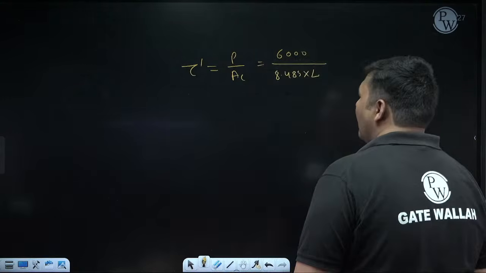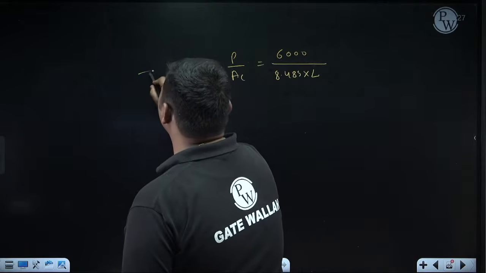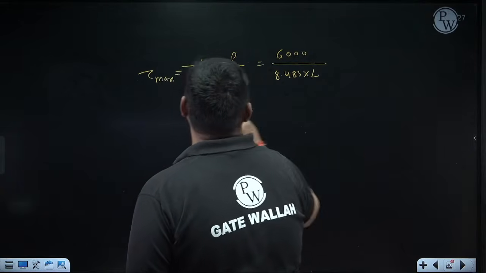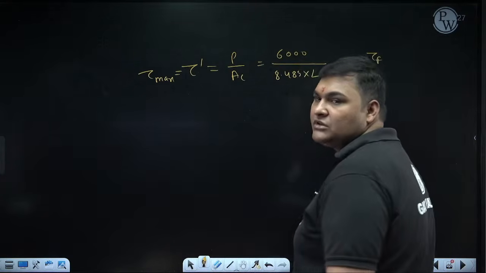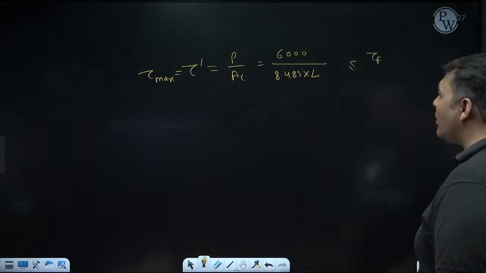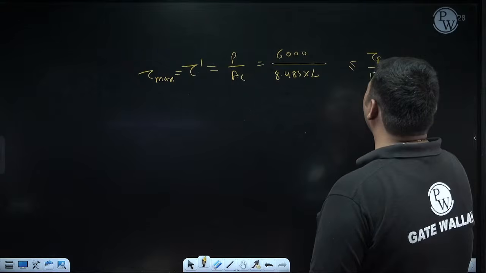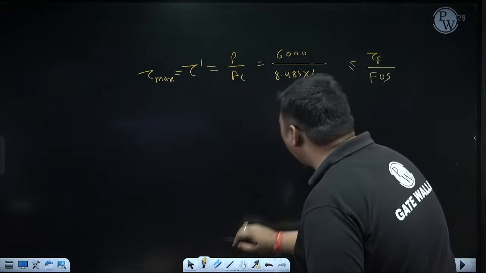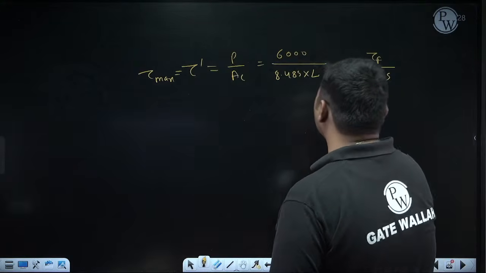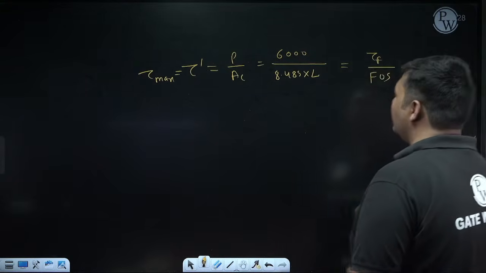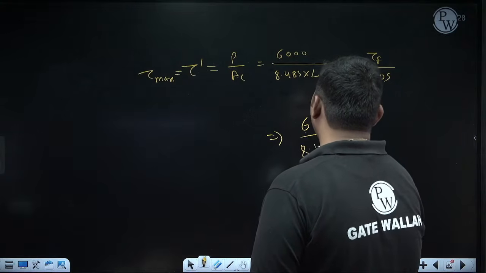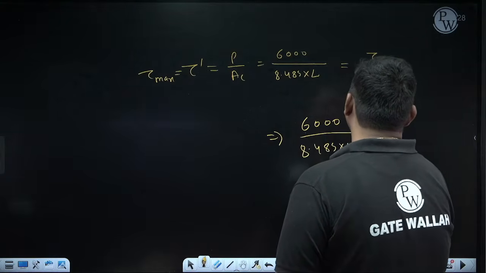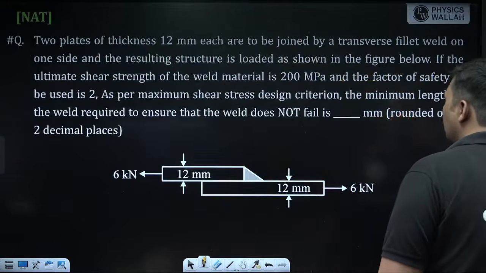Now apart from this, no other shear stress is coming, so it is also the overall maximum shear stress. For design, it should be less than or equal to the shear strength of the material, tau. Now for design, we will always replace shear strength by shear strength upon FOS. After that, to find the limiting value, we can use the equal to sign. Now it will be 6000 upon throat area 8.485 into L is equal to shear strength 200 megapascal and